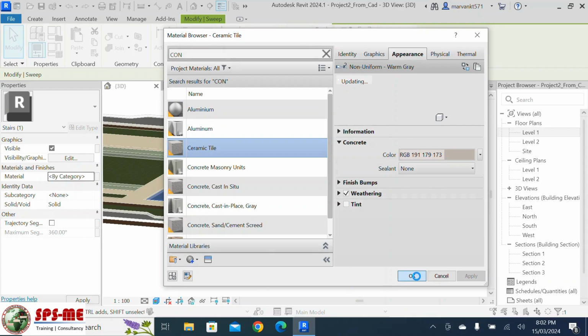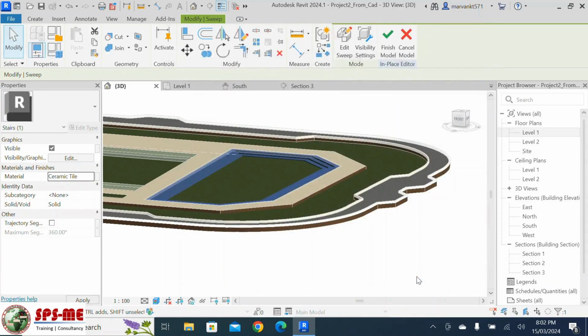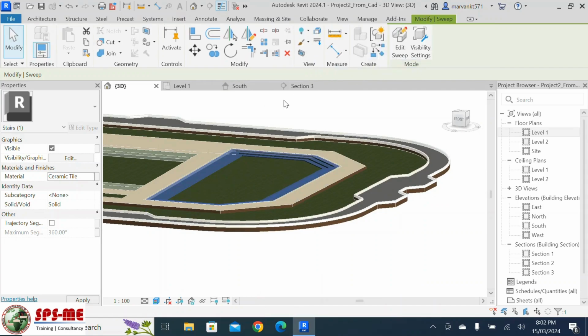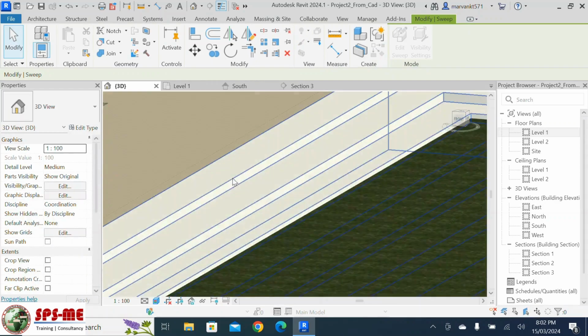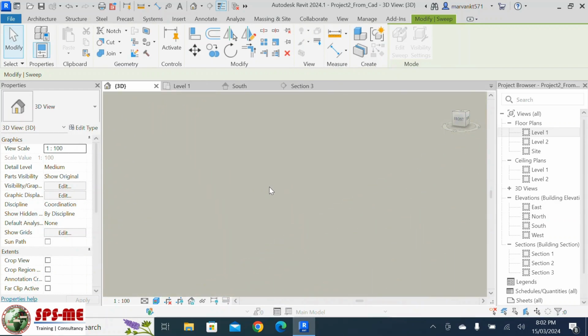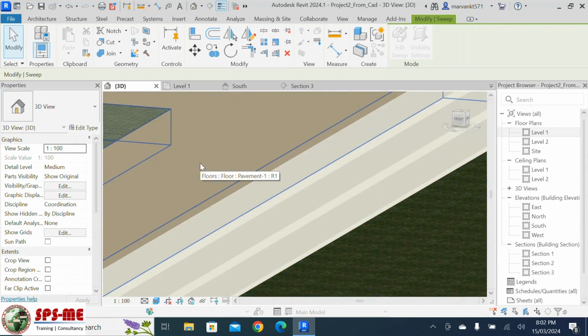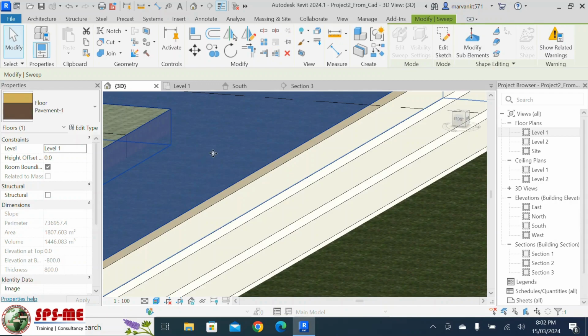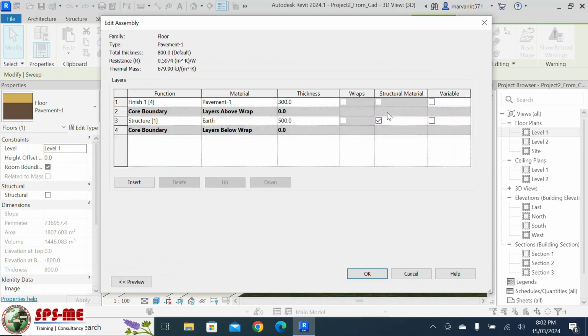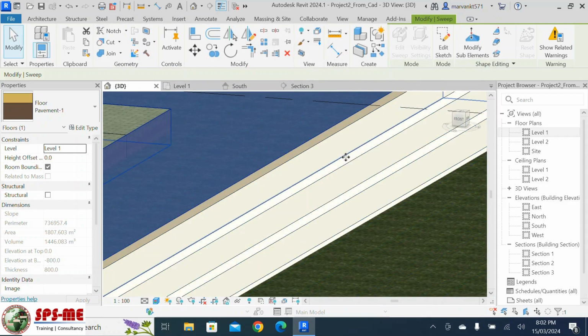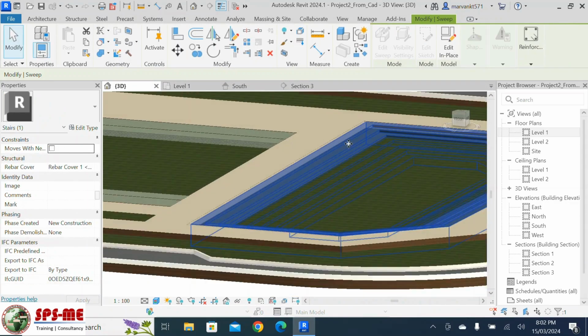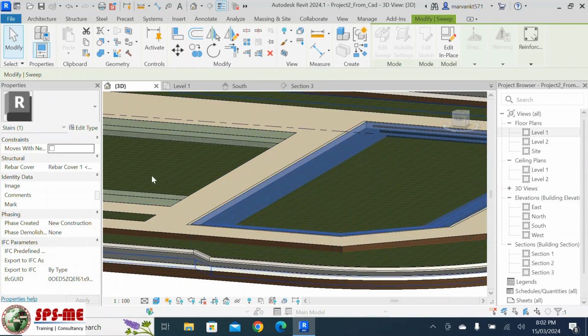Or the same material what I have applied on top of this one, I have to check what material it is. Then the same material you can apply. So that all depends. So you can see here the ceramic tiles I have selected here, but I need the same material what I have selected here. So how can you check that material? You go to the edit type and you can select edit, and that is the pavement one, that is the material name I have given. So that same material I'll select because this is connecting to this one, right? So it's better to give the same material. So I select edit type,